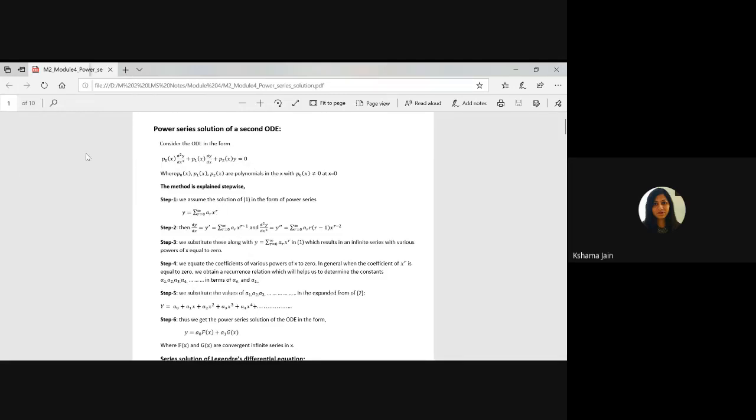To put it into this equation, we will differentiate this y, since we need dy by dx and the second derivative. So for this y we find dy by dx. ar is a constant term, so it will remain the same. Here one term is missing, r, because when you differentiate x raised to the power r, it should come r x raised to power r minus 1. Some typing mistake, so be careful. When taking the first derivative, x raised to the power r will be r into x raised to power r minus 1.